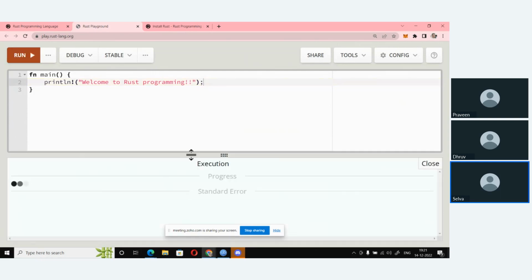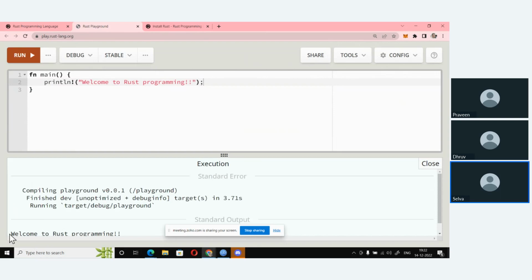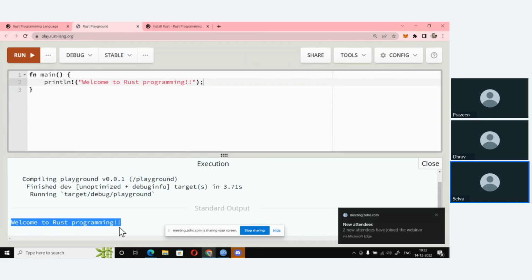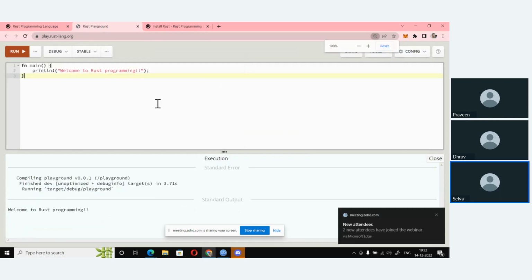You run it, and it shows the execution in progress. But then again, for using the playground, you need a stable internet connection. You see there, here is the output. So in case you have not yet installed Rust, you can code along with me using the Rust playground. This is a nice tool to have, which you can utilize.